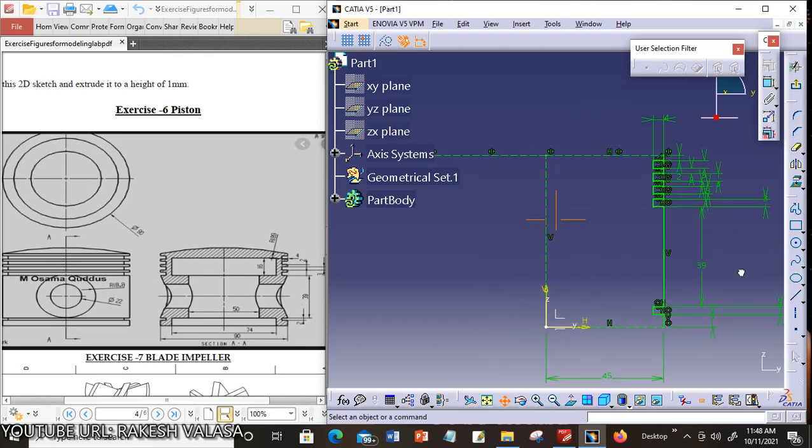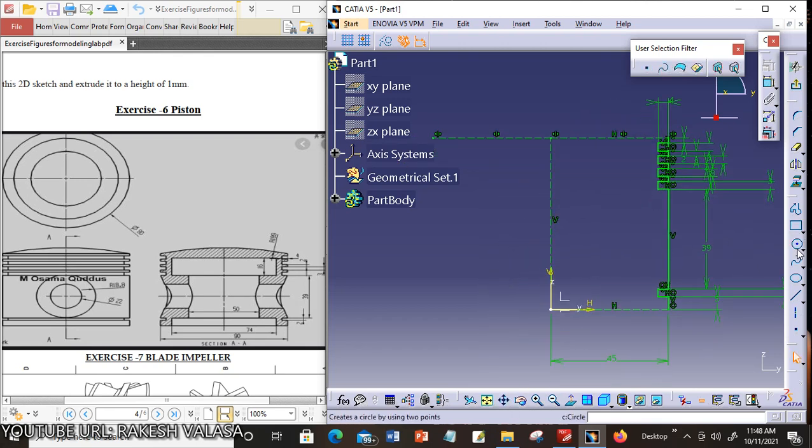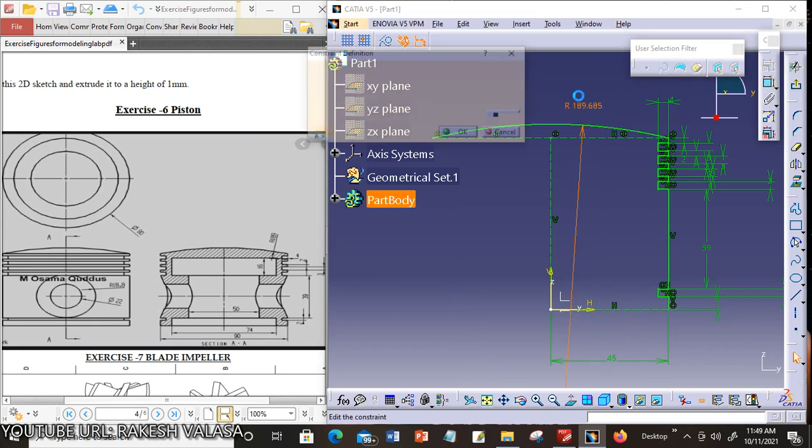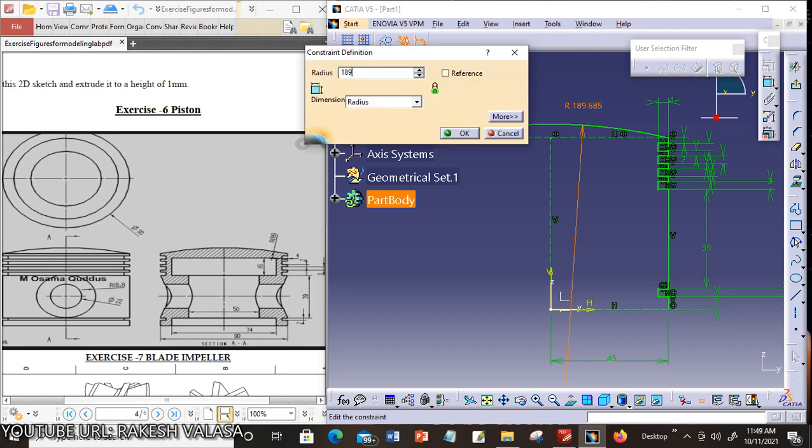Now take the 3-point arc starting with limits. Choose this endpoint, the first point and this endpoint, and next give some arc. The arc radius is 189 millimeters.